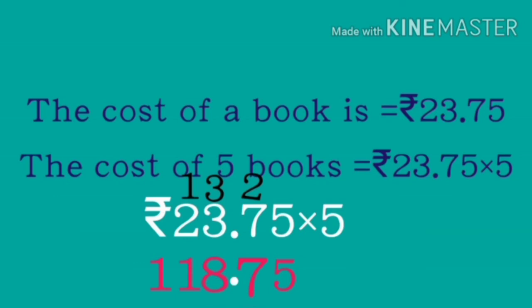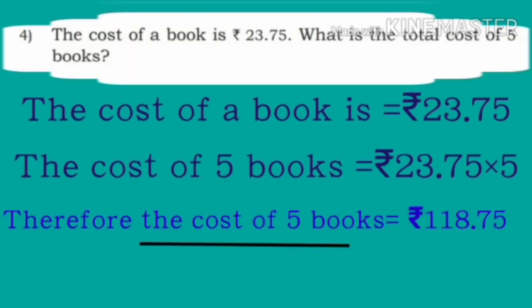So keep the point on the right side of 2 digits of the product. Therefore, the cost of 5 books is 118